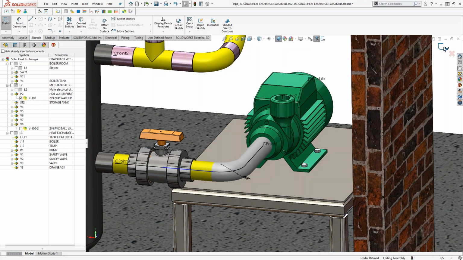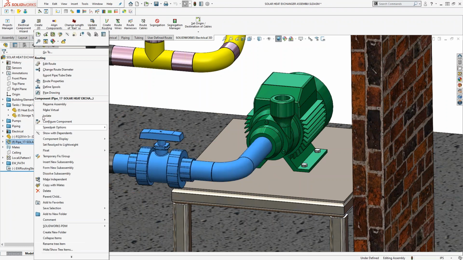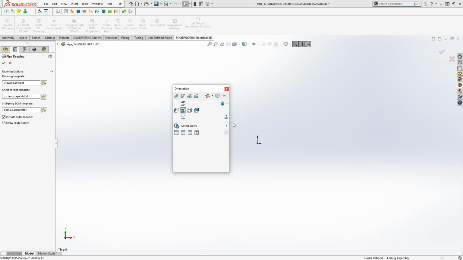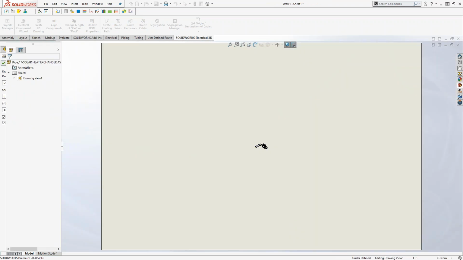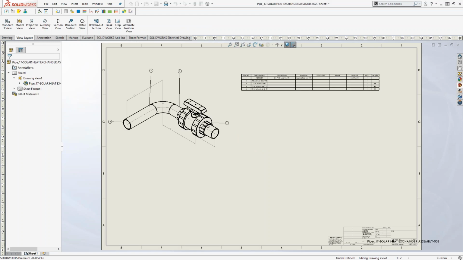The nice thing with this is that now with that valve and the information that was already created in the schematic, everything's linked together. I can now create a pipe drawing. Use a D-size sheet. And just like that, I now have a better drawing, and now I'm in drawing tools, SOLIDWORKS drawing tools, where